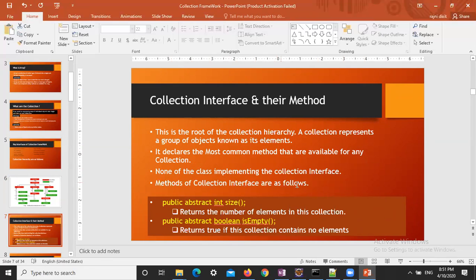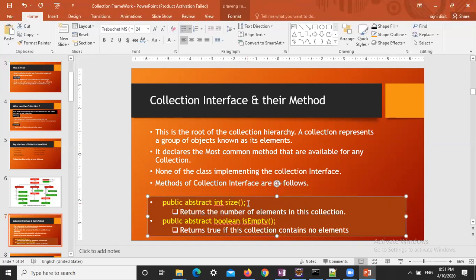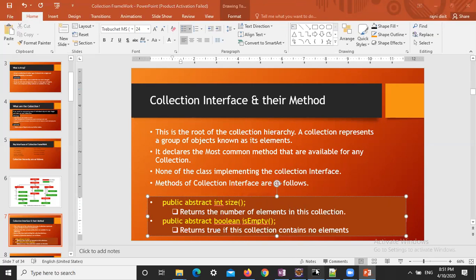Methods of the collection interface are as follows. There are lots of methods available in the interface, so we are going to discuss them one by one. Number one, the method name is size. If you want to check out how many methods there are, you can simply,